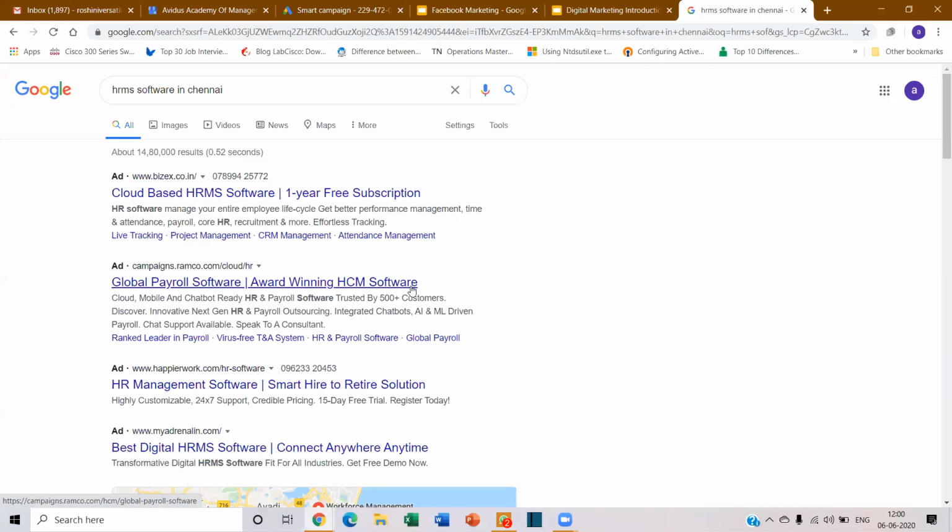So the more price you put, the more keywords that you're putting, automatically Google will make your ad come first. If you have the lowest bid, or a very low budget, then your ad comes last. So that is how the algorithm works. It's completely based on the search algorithm. This is not completely monitored by us because we don't have control over this.